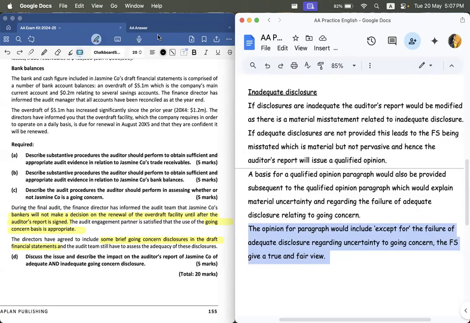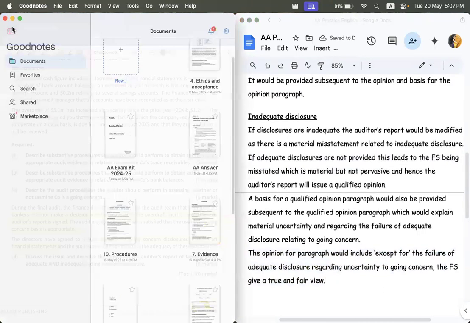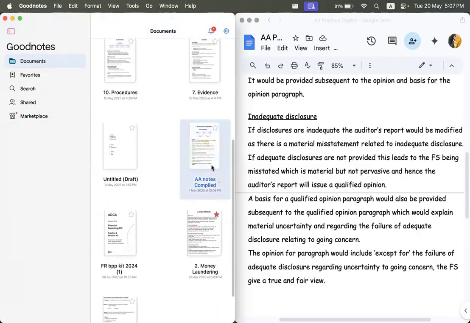Ma'am, what's the hierarchy in the audit report? Like, first the basis for opinion paragraph, then the subsequent opinion paragraph. See, the auditor's report is actually